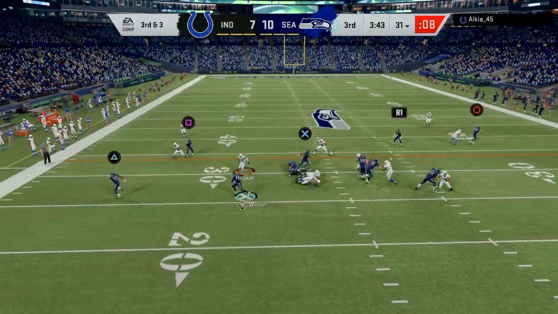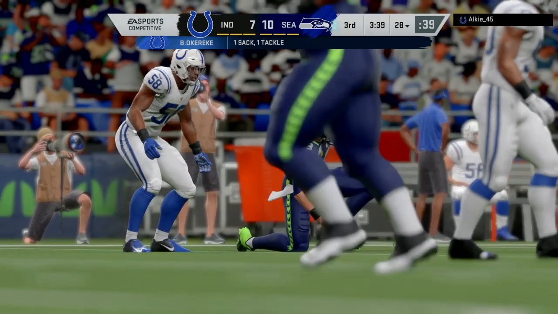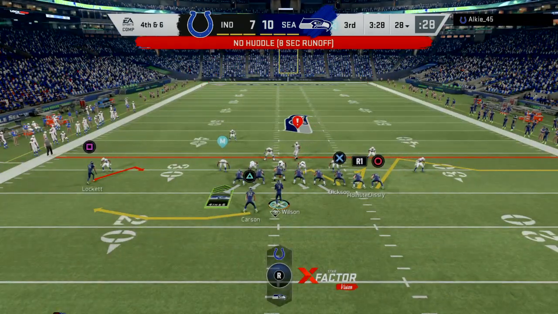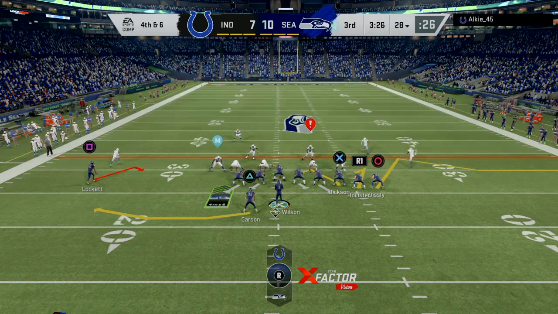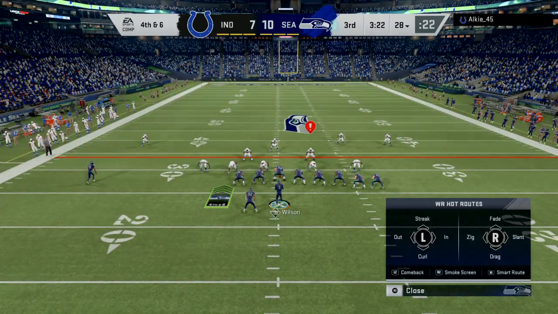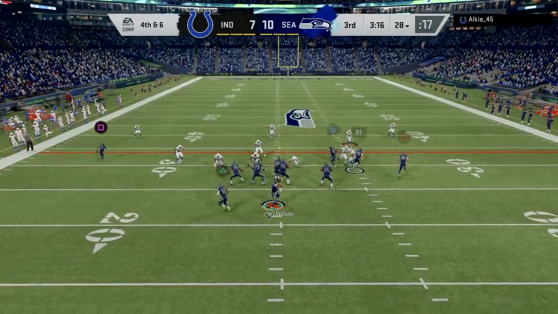Wilson now to throw on third down. Buying time, and he can't find anywhere to go with it, and he goes down. Wilson and the offense not coming off the field. They're going for it on fourth. No doubt that's a very good play defensively right there, because you've always got to be aware that he can take off and make a big play with his legs. How about the way they were able to contain him?